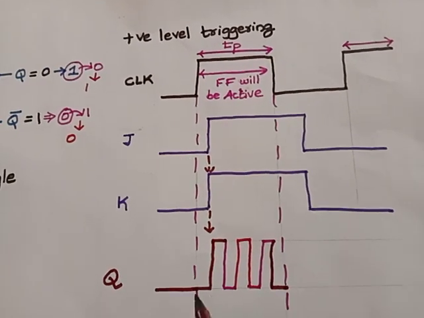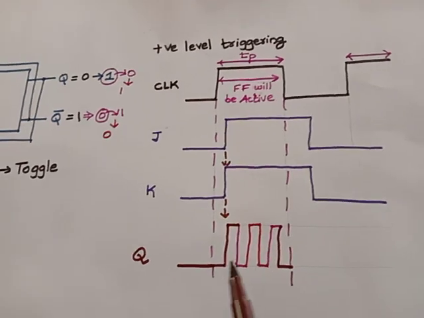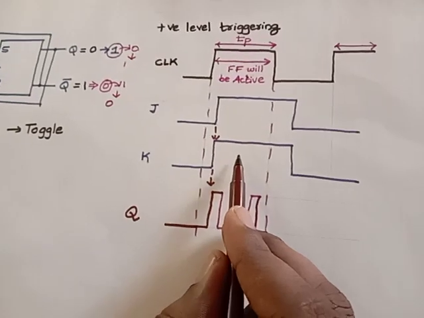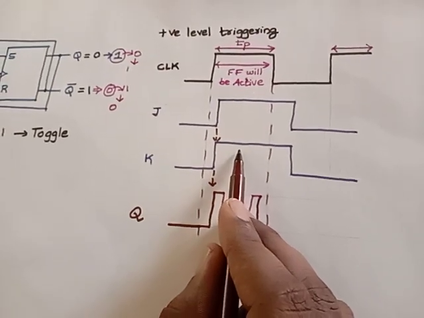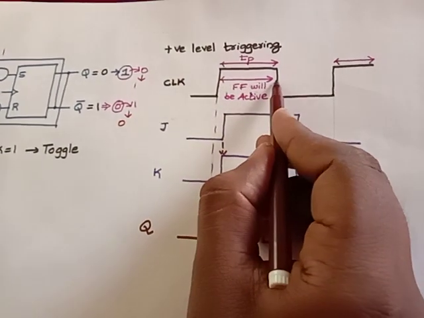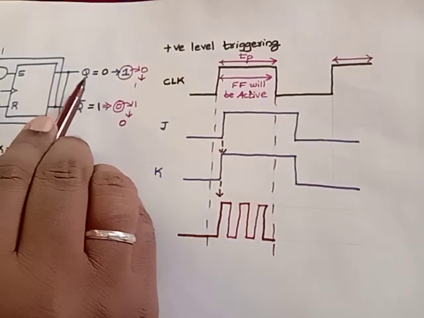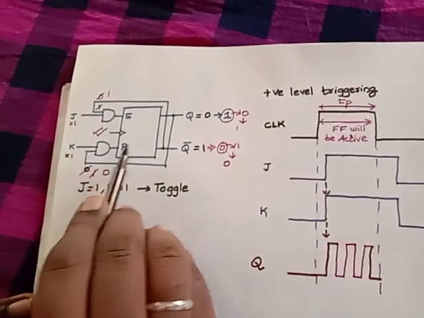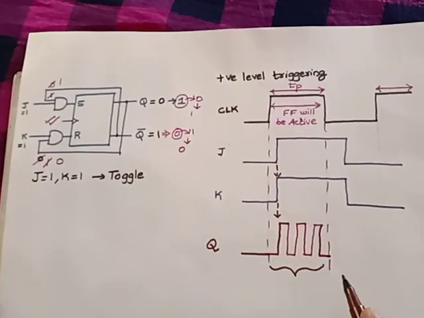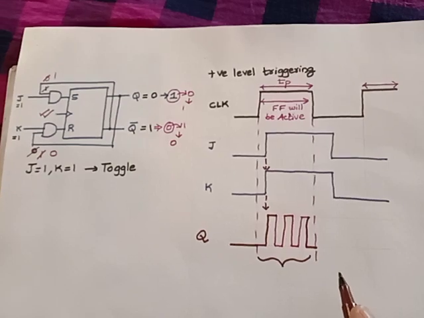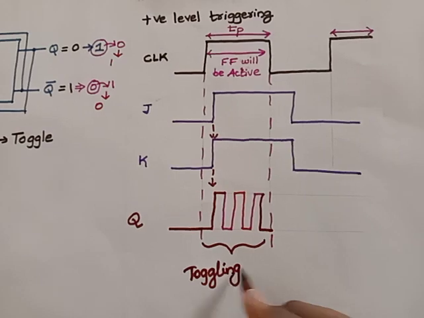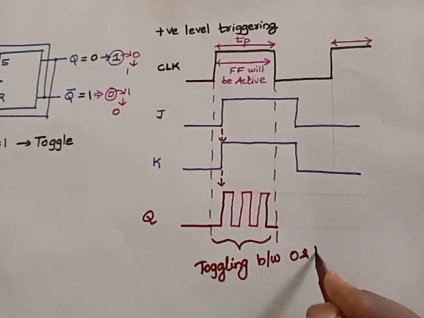Correct? Now when you look at this, please understand why there is a change in the output continuously. Because here J and K are both 1. When J and K are 1, it will be a toggle condition. This flip-flop is continuously active throughout this period. Since we have fed the Q value back into your input condition, this toggling is happening continuously, and you can see that there is no certainty in the output. That means we cannot say whether the output is 0 or 1. It is toggling between 0 and 1 continuously.